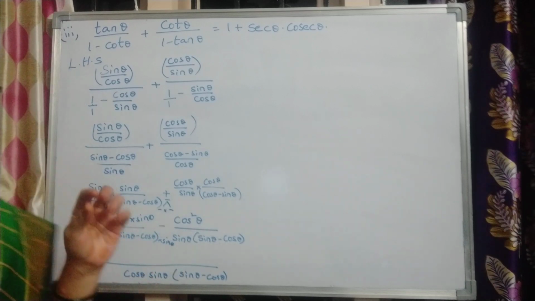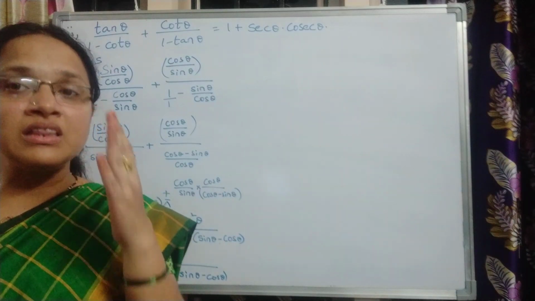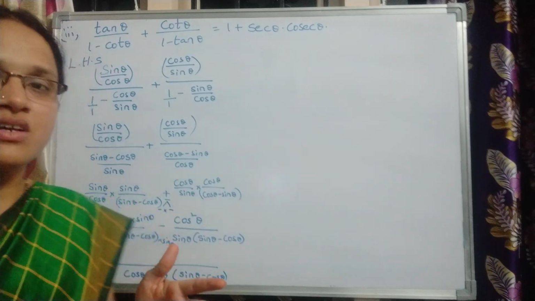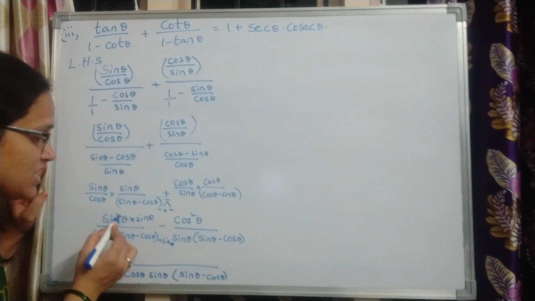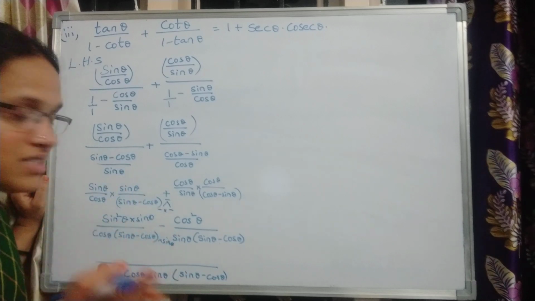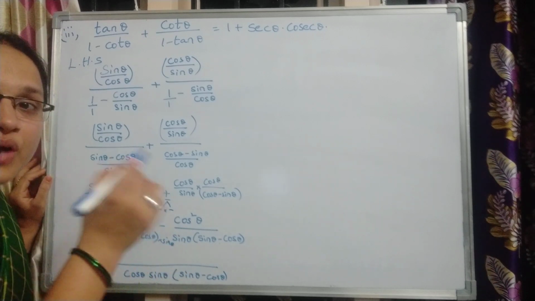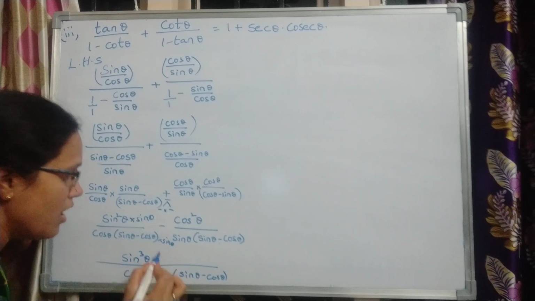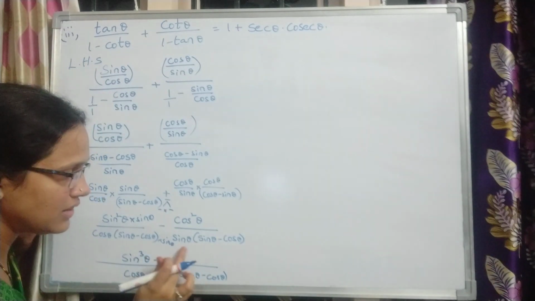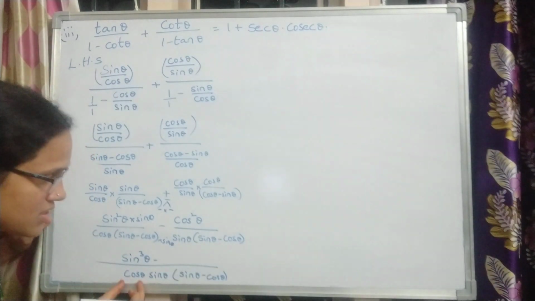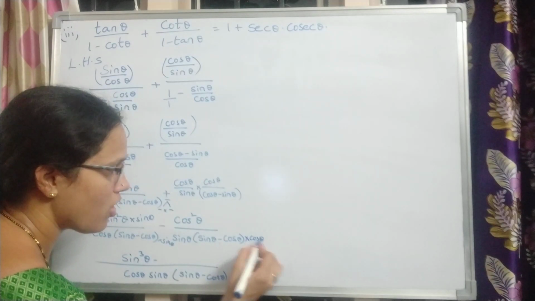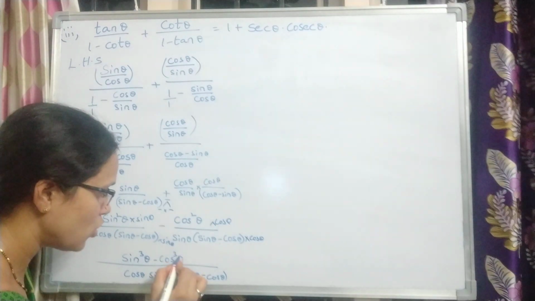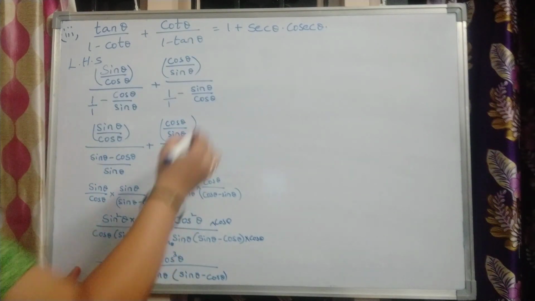Whenever you are doing multiplication, remember that you add up the powers. You will not write 2 sine theta or something else. Most of you are getting confused with that. Sine square theta into sine theta, as the bases are equal, you need to add the powers. So it becomes sine cube theta minus, so here sine theta into sine theta minus cos theta. So cos is missing, so I need to multiply with cos, and cos into cos becomes cos cube theta.